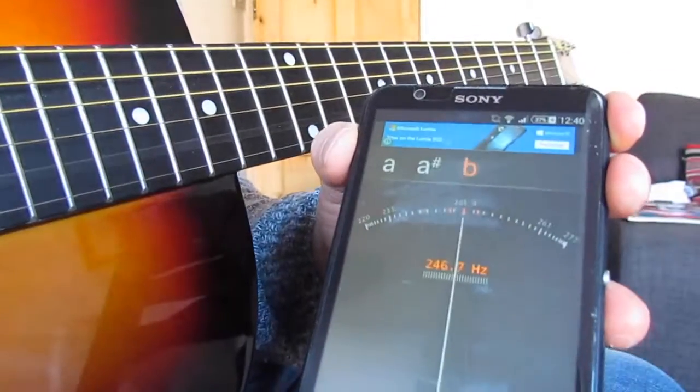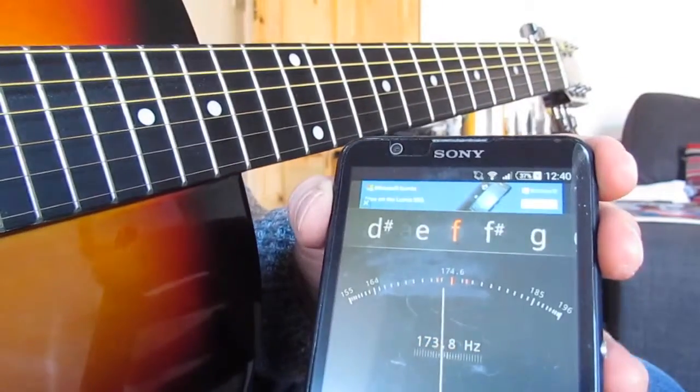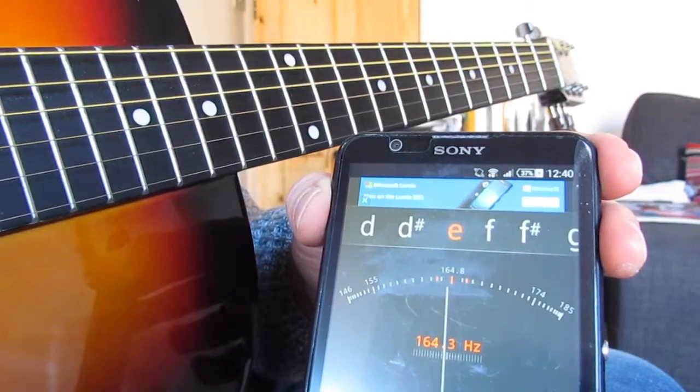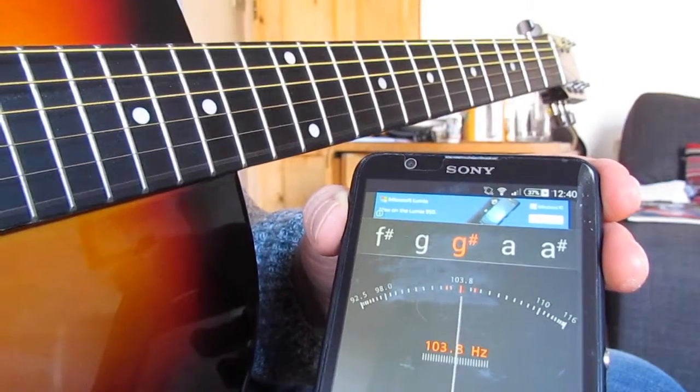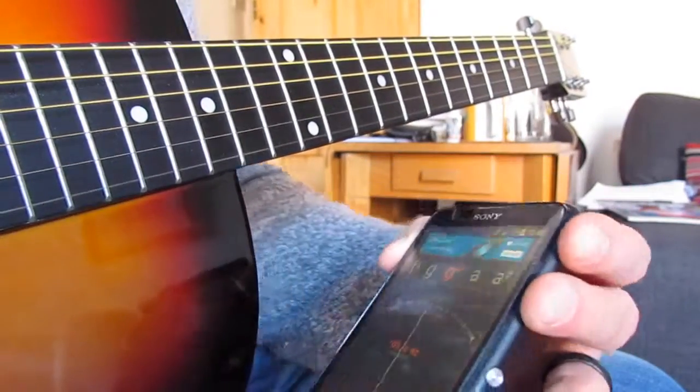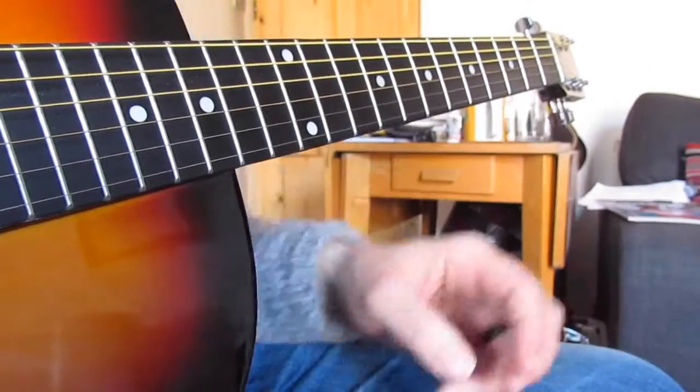And the final one is another E. I'll show you the B, sorry. I'll show you the B in tune. There's the B in tune. And then I'm going to do another E. Wow, that's a G sharp. That seems a bit unlikely, but...